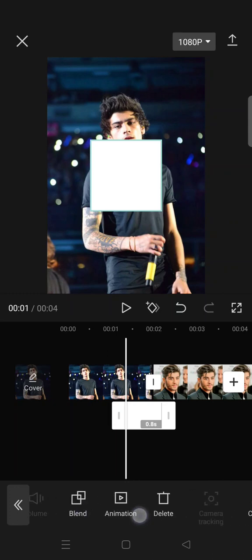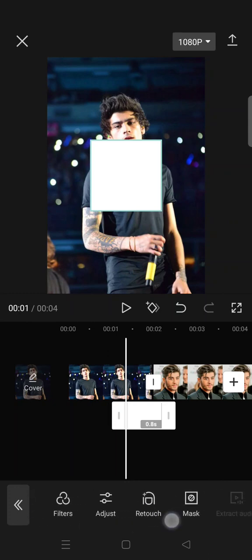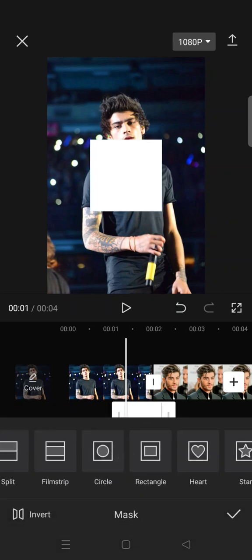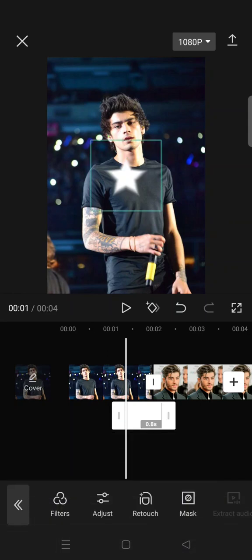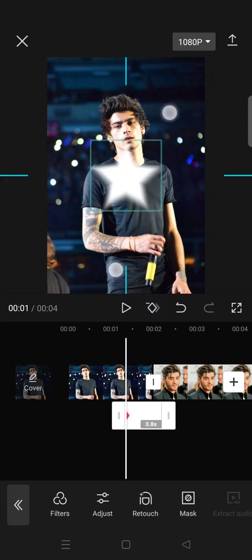go to mask, still on the overlay, and then select star. Okay, here is the star, and just drag the arrow to make it a little bit blurry like this. Click on a check icon and now click add a keyframe at the start and zoom out the star